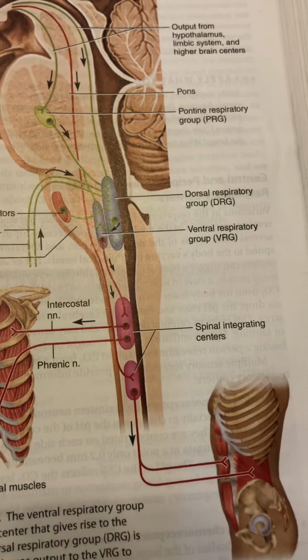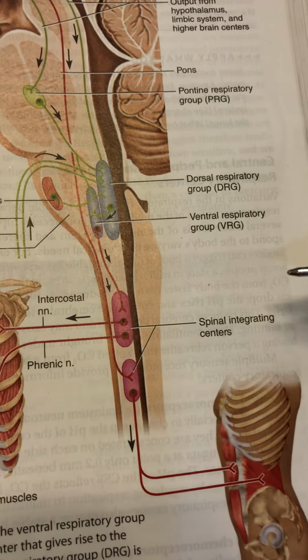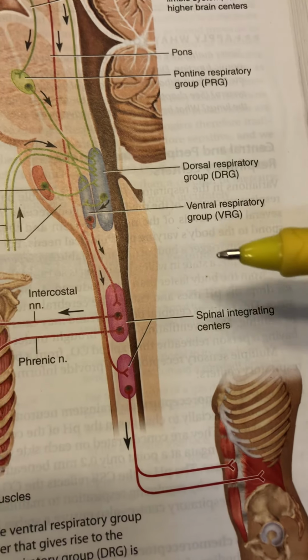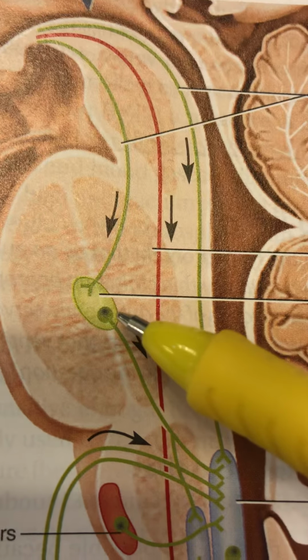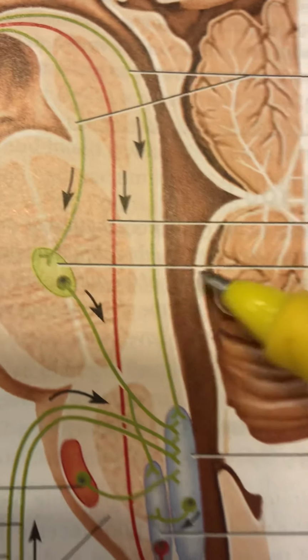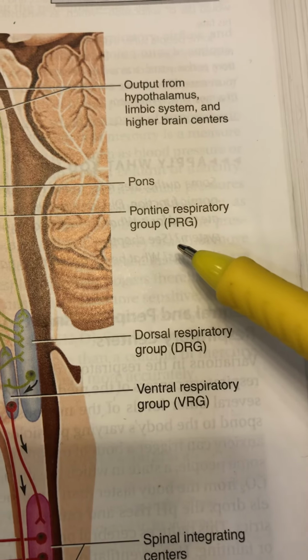Okay. Now the last respiratory group or center is the pontine respiratory group,